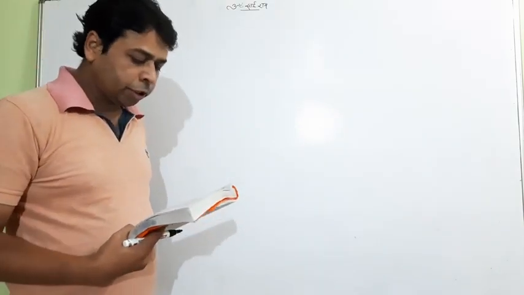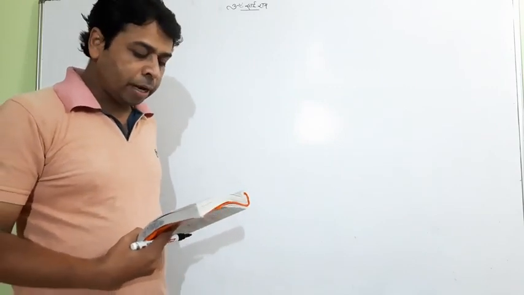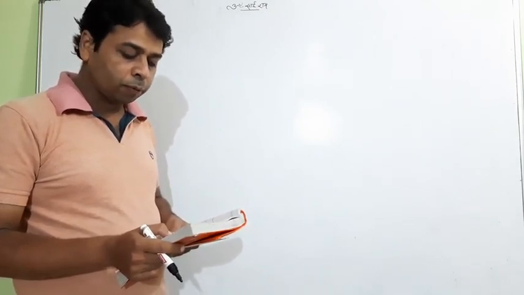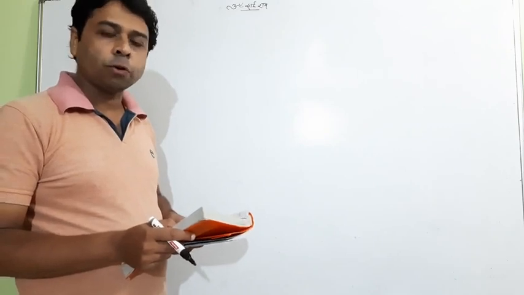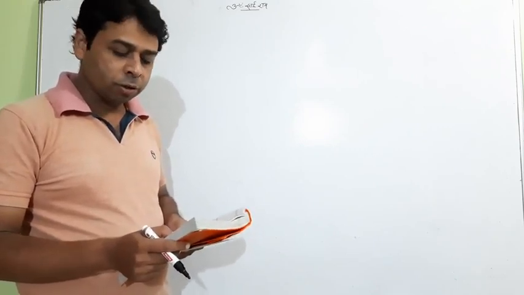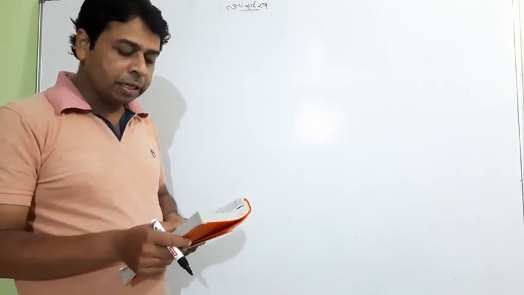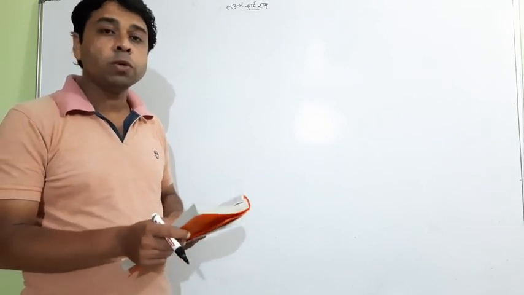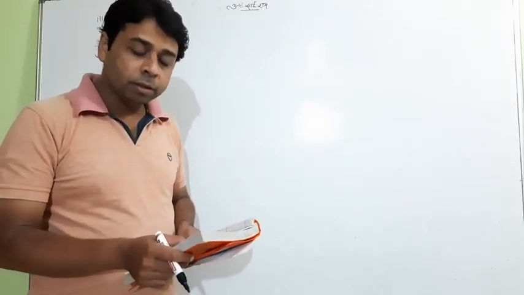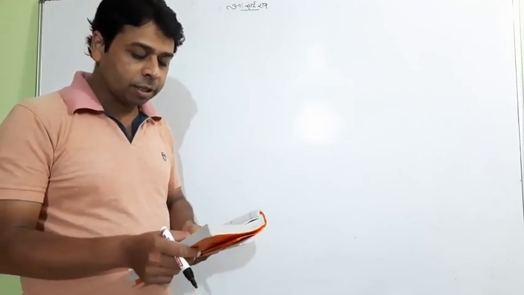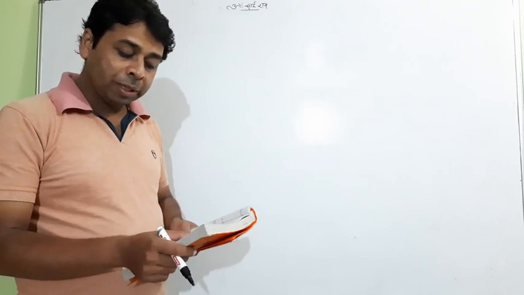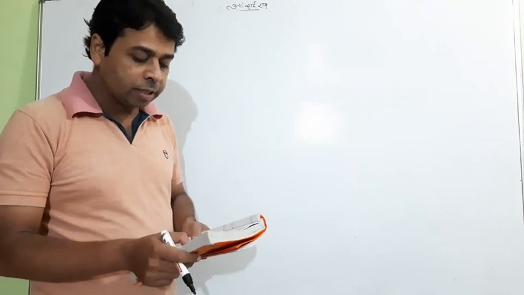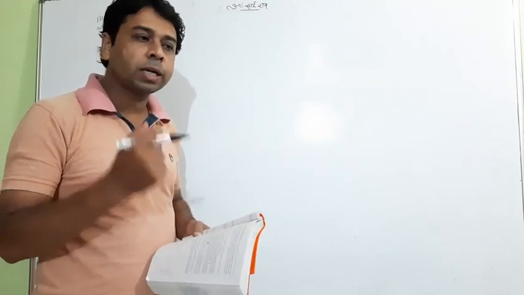Yash scored 40 marks in a test, getting 3 marks for each right answer and losing 1 mark for each wrong answer. Meaning for each wrong answer 1 mark is deducted, and for each right answer he gets 3 marks. So total marks is 40. So the first sentence gives you the first equation, and in a similar way the next sentence says that 4 marks are awarded for each correct answer and 2 marks are deducted for each wrong answer, then he gets 50 marks. So the second sentence gives you the second equation.